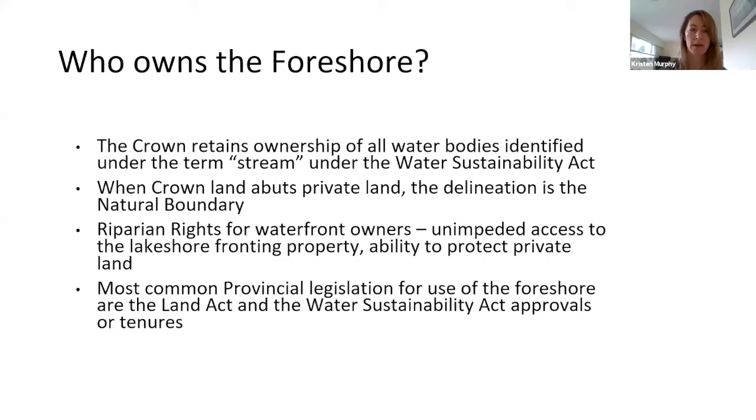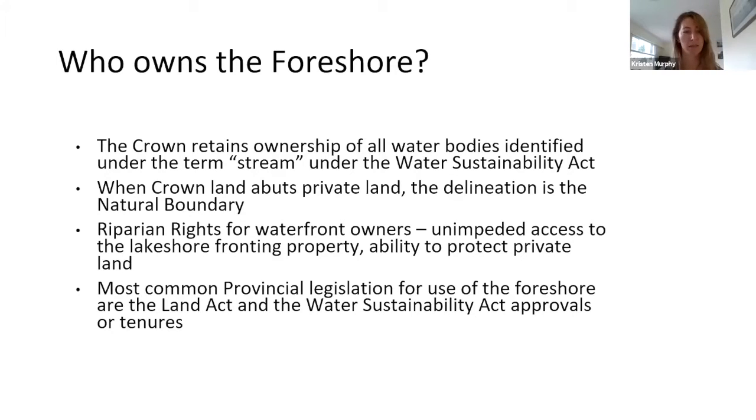So when Crown land abuts private land, the delineation is the natural boundary. So that's where there's a break between the terrestrial and the aquatic vegetation and substrate. And that's that break between the Crown land and the private land. So waterfront owners do have riparian rights to the waterfront, that is the foreshore, the Crown land that is fronting their property. And that does allow them unimpeded access to the lakeshore fronting that property, and the ability to protect